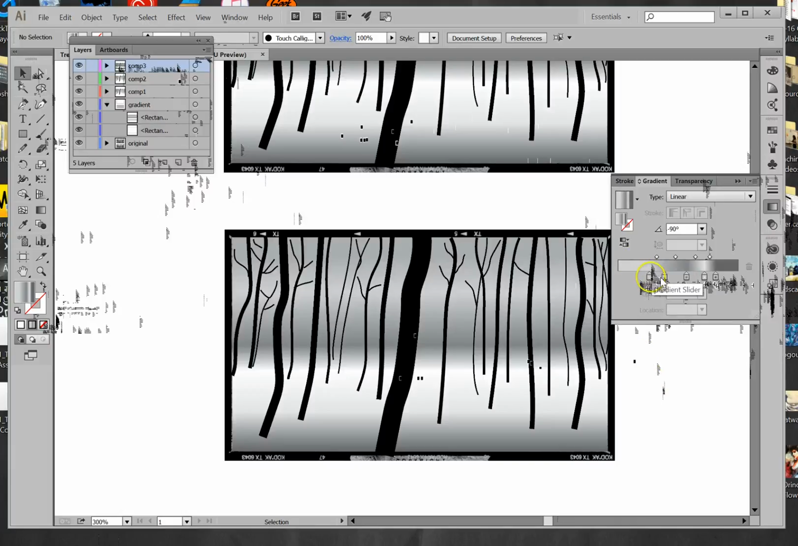And I might bring my lighter ones there, my darker ones here, and really change that around. And let's see, change it up here. I can drag these around too, over here. But there's something else that we're going to do, and that's really what I want to show you. So you can go ahead and play with your gradients as much as you like. And then,